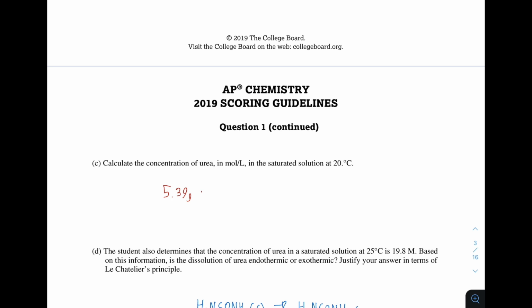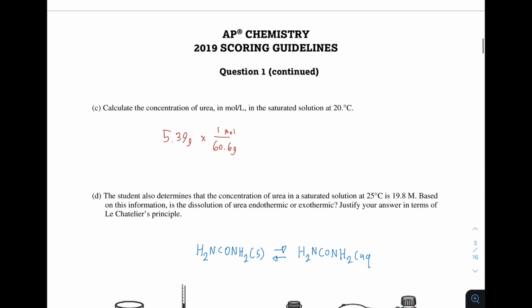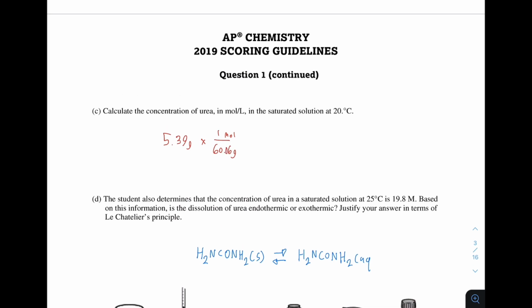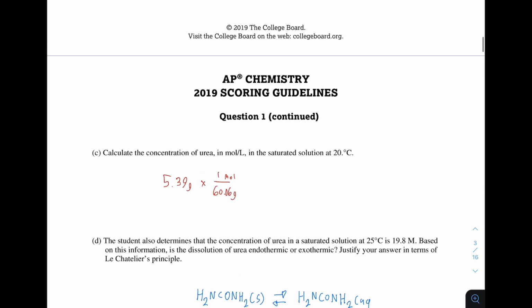So then we're going to multiply that by 1 mole over 60.06 grams. So now if you multiply that out, you have the moles of urea that are used, which will equal